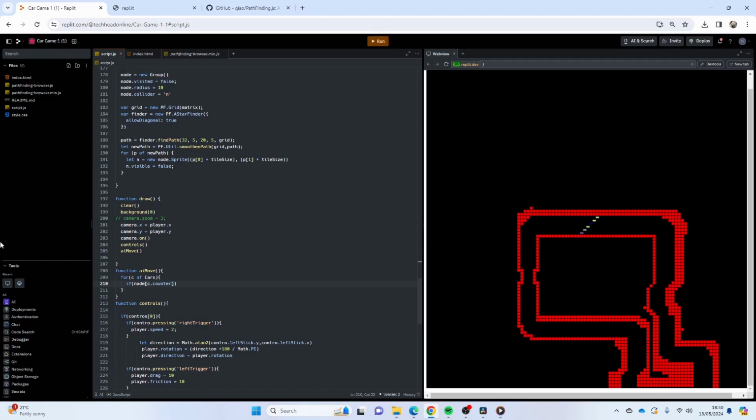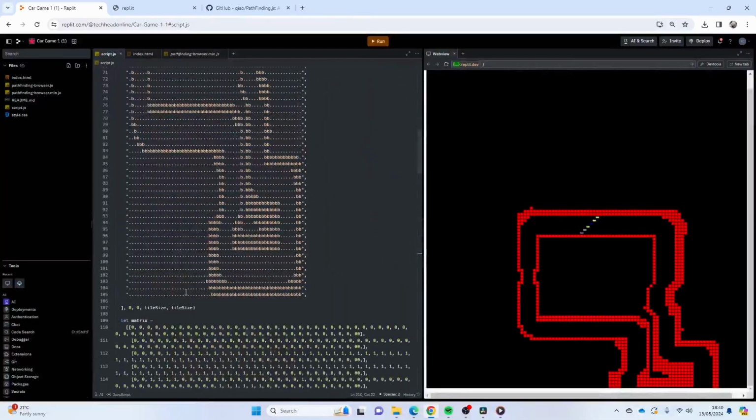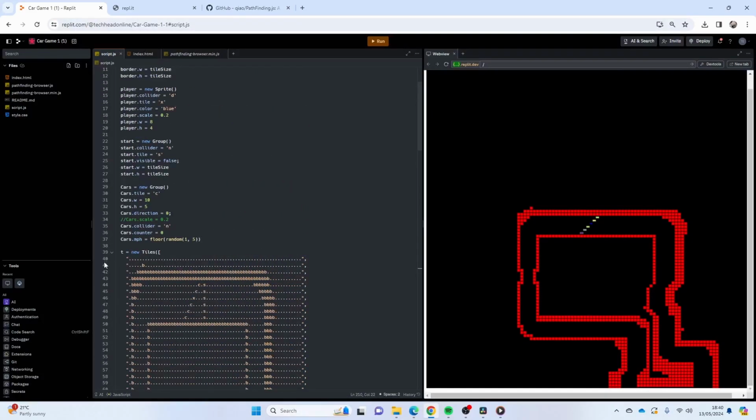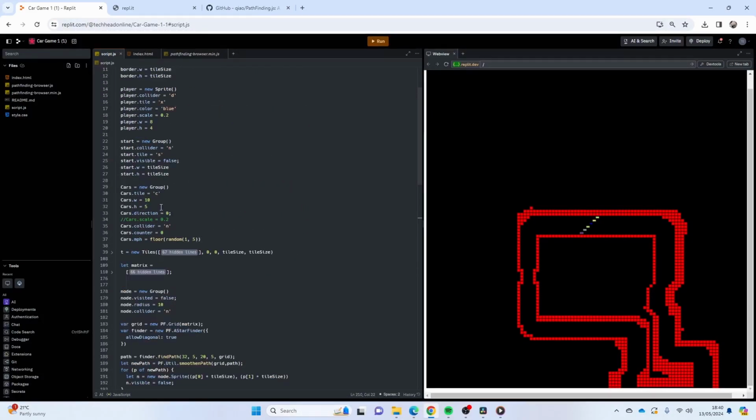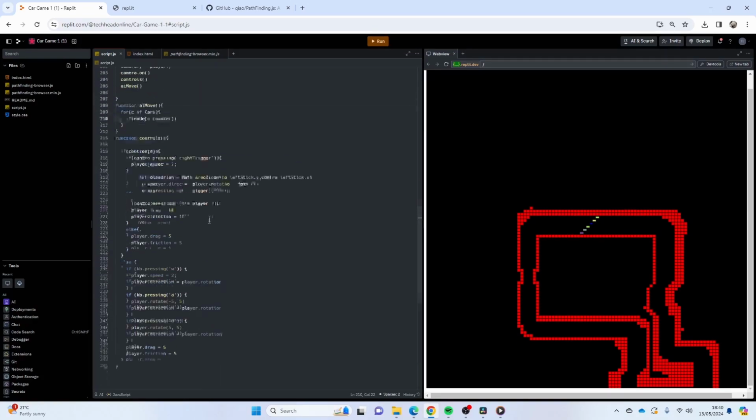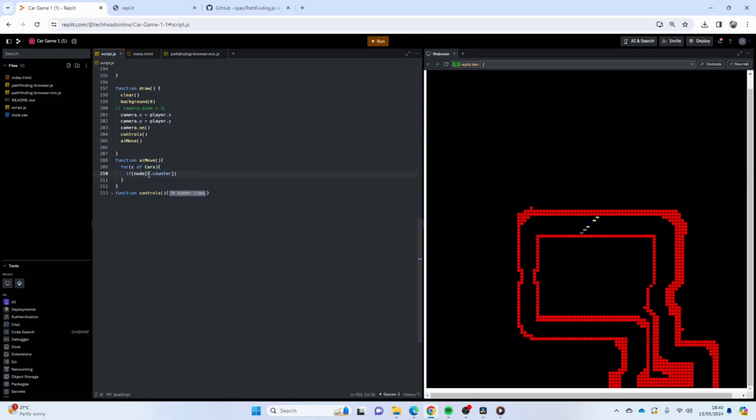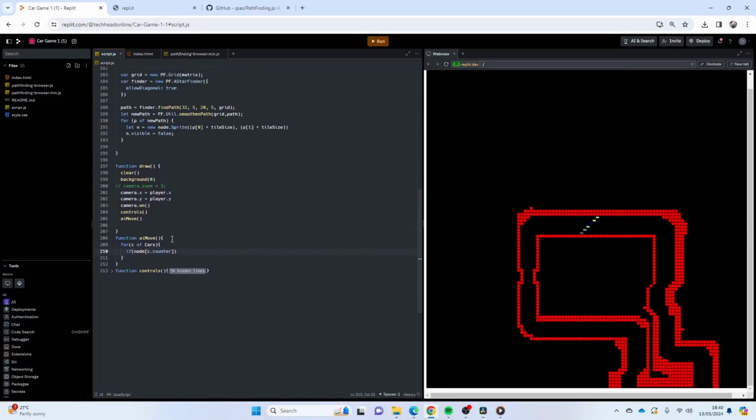So if you remember, we made the car. Can I hide that now? Yes, I can, and I can hide this as well, so we don't have to keep scrolling past it. I had this idea of a car.counter or cars.counter. So what I'm going to do, let's hide the controls as well, is say that